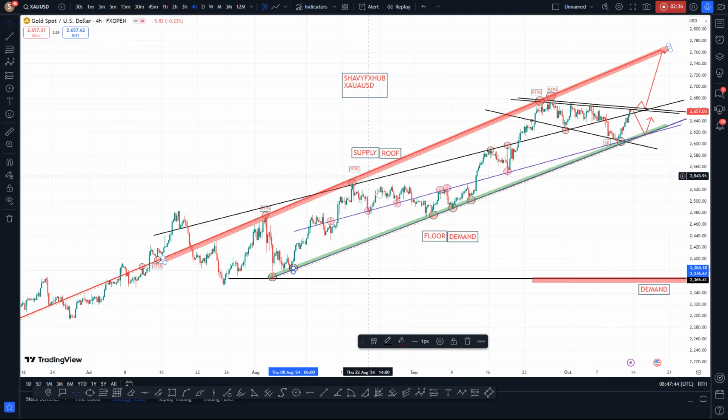When we want to design a roof, we pick all the highs to make our roof. You can see higher high, higher low, higher high, higher low, higher high, higher low. When we want to make our floor, the same, we pick all the lows. When price returns, this is a low. We move up to a higher high, and this becomes another higher low, higher than the previous low. So this is how we make our supply roof and our demand floor in order to avoid future confusion and